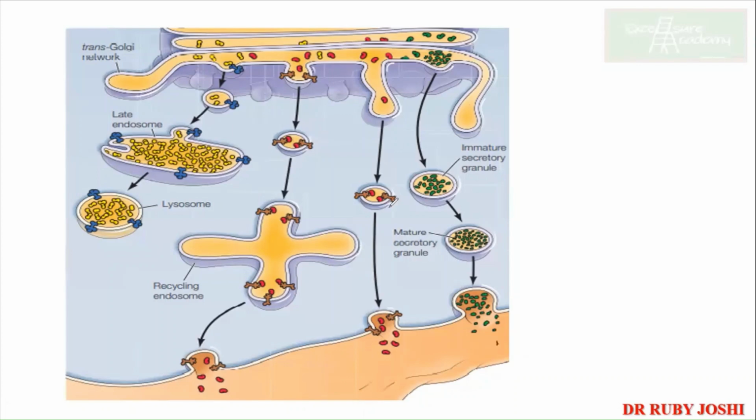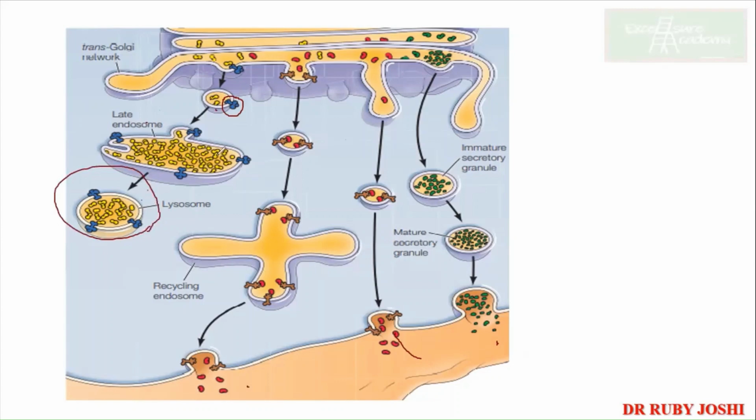Or you can have receptor associated proteins, so that will be taken and released. Now if there are certain proteins meant to fuse with the endosome, they will go, bind to that and be released. Or the proteins are meant to fuse with the lysosome, that is, they are lysosome proteins, so they will go and bind to the receptor. Let us say this is the mannose-6 phosphate receptor, which recognizes mannose-6 phosphate tagged proteins, which are taken and fused to the late endosome or the lysosome, so that becomes your active lysosomes.